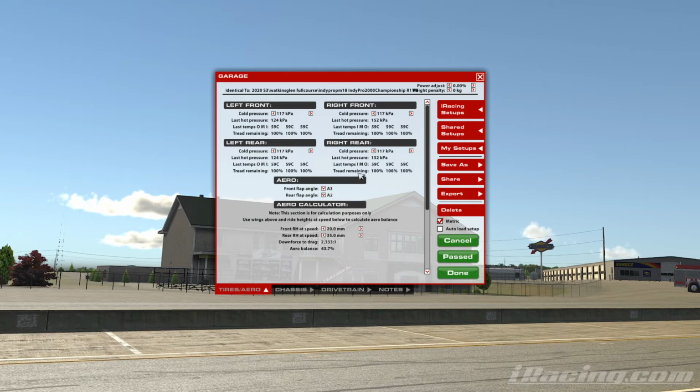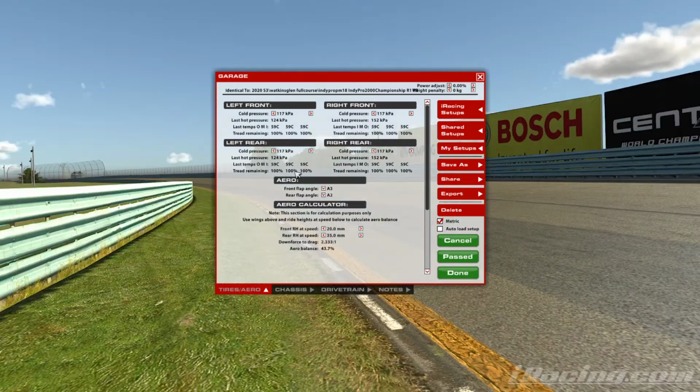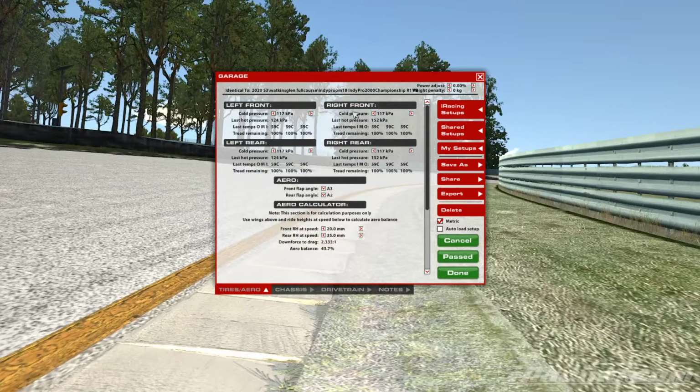So if we're talking about pull-on, where we're going around that fast left-hander, all of the load is on this right-hand side of the car. So most of the grip comes from here and from here, with a little bit obviously here, but nowhere near as much. Yeah, so what happens is your wheel starts off at this camber angle going into the corner, and